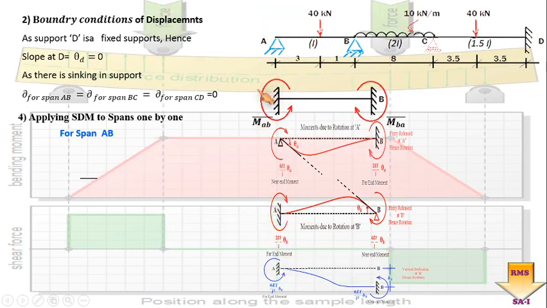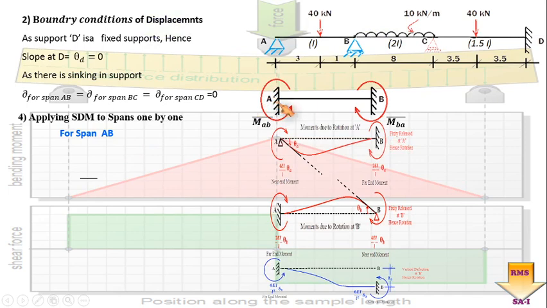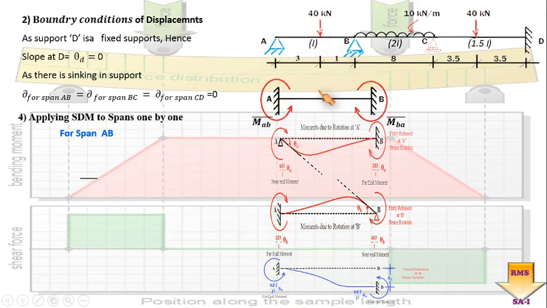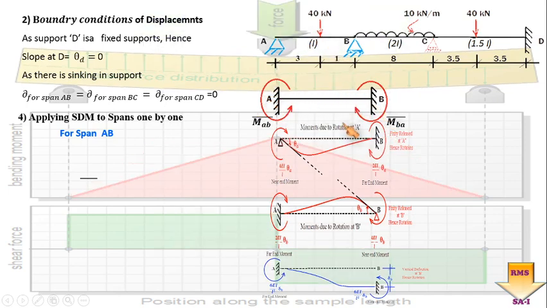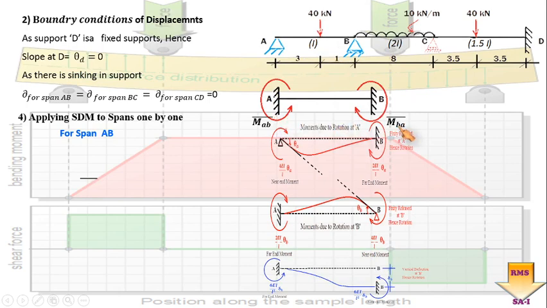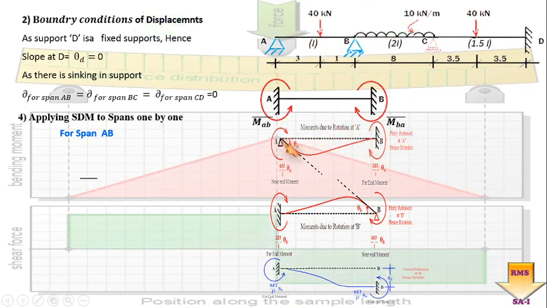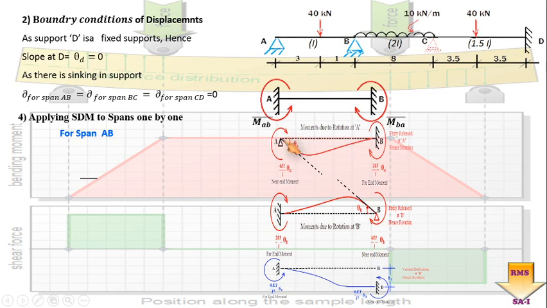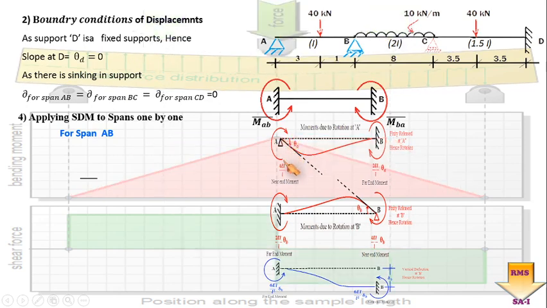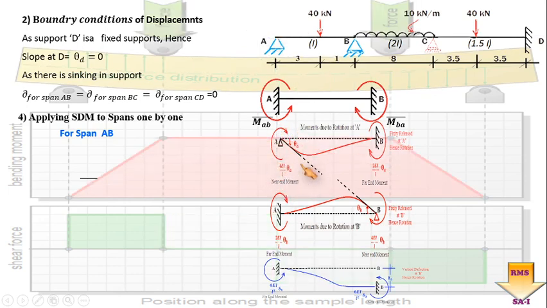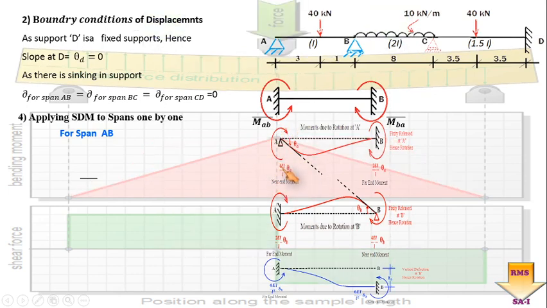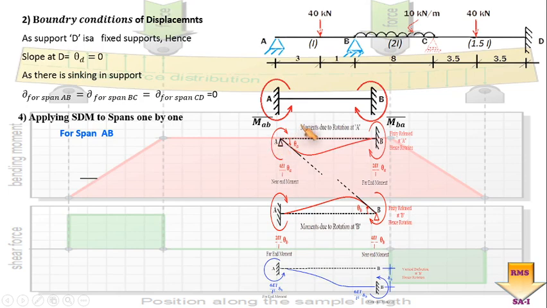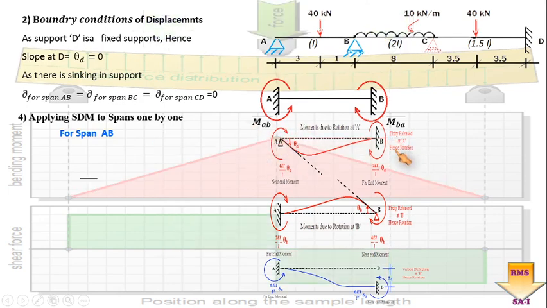So here you can see, first of all, I have taken a bare beam with the applied load, where there will be the fixed moments MAB bar and MBA bar. Then I have considered joint A as a hinge joint, which will allow the rotation by the magnitude of theta a, because of which there will be induction of a moment of magnitude 4EI by L into theta a, half of which will be carried over to the far end. Is it okay?